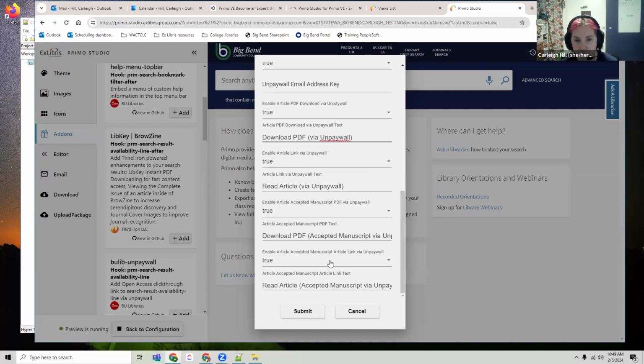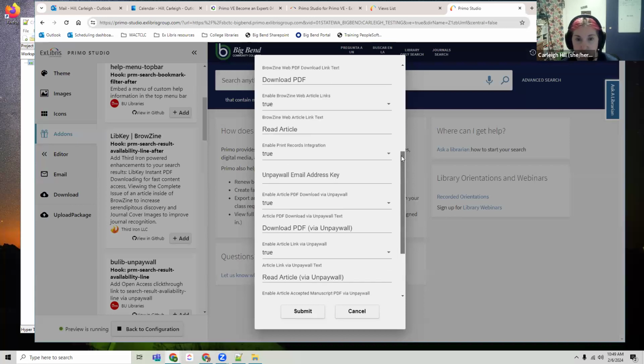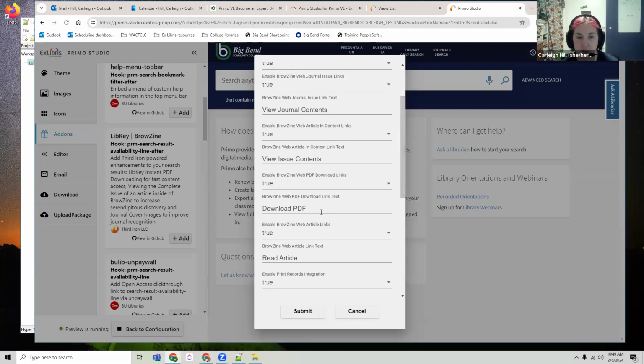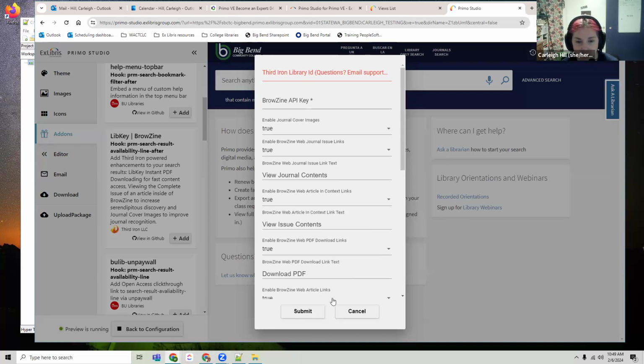If you want to turn off all of those Unpaywall options because Unpaywall is rarely the version of record, then you can come in and turn it off here. You can change text here. It doesn't look like you can change the icons here,